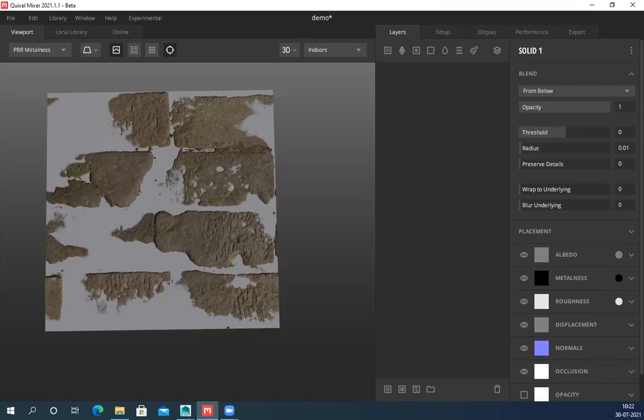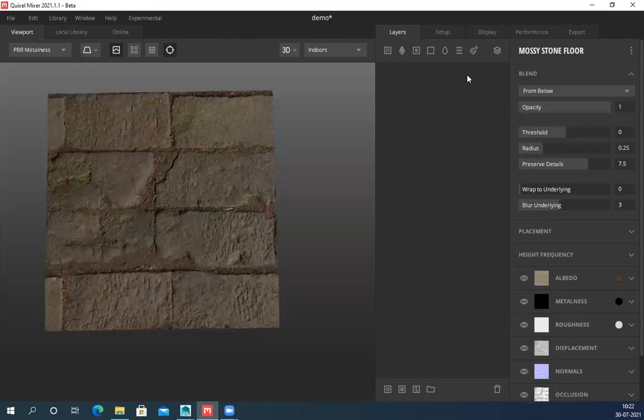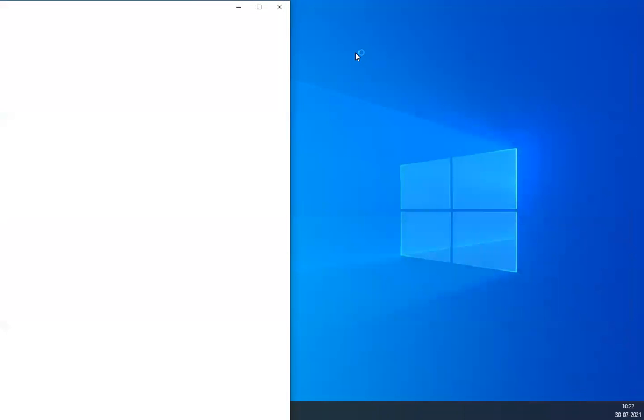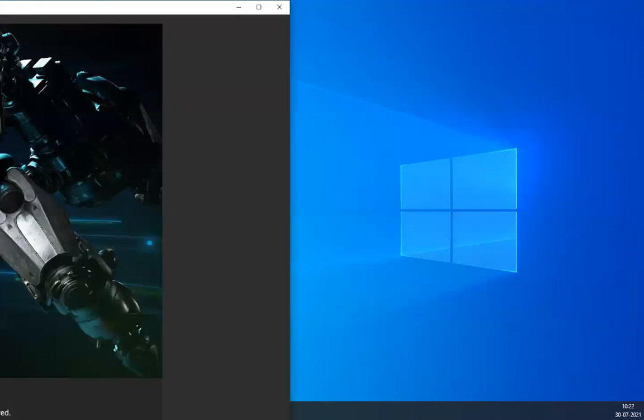Layer stacking is entirely invisible. I really can't see anything here. Just wait a second, just restart it. It should show all those layers, same like Photoshop or Substance and things.